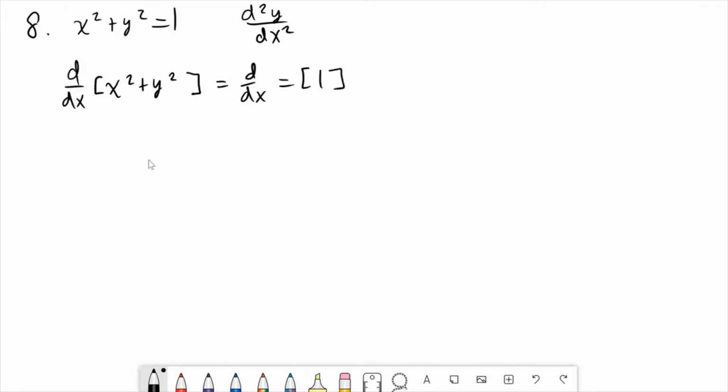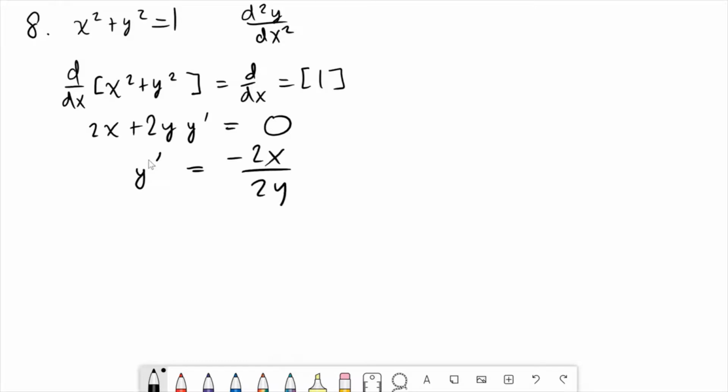Right, and then we want to just apply, I guess this one's easy, and then we have to apply the chain rule here, 2y, and then the derivative of y is y prime, is equal to 0, and then solve for y prime, right? We've done this many times. Let's see, I bring the 2x over and I divide by 2y, I just did it all in one step,